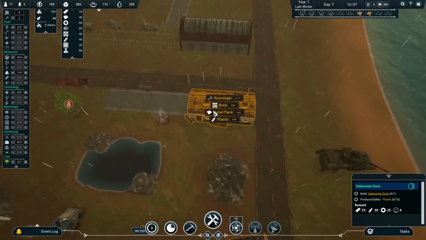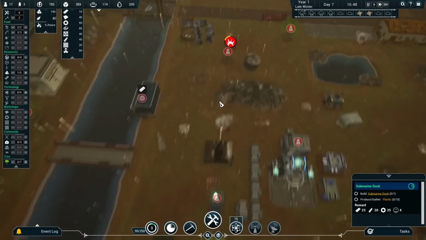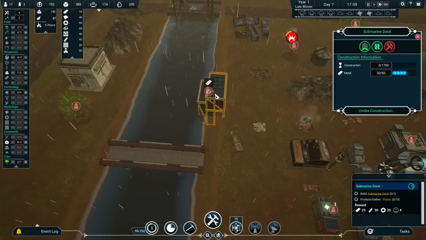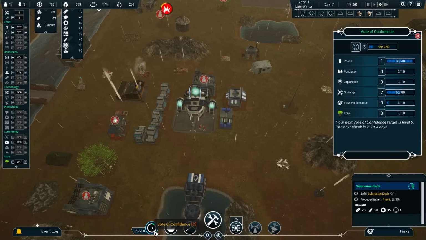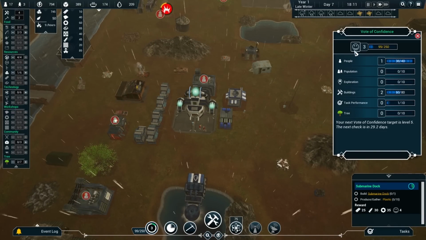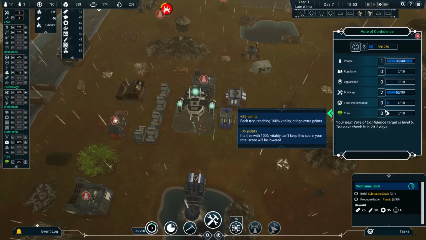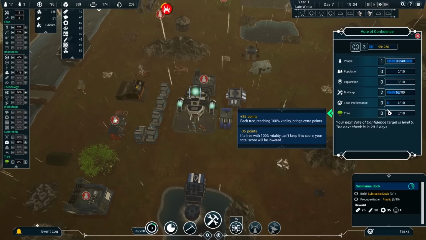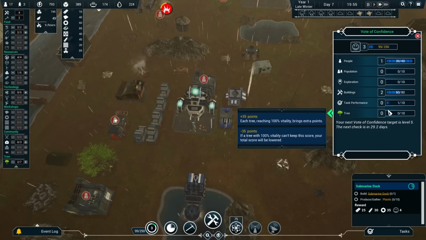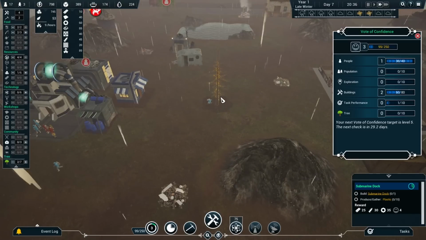I've got to say, we've gotten a lot of stuff built and can continuously extract things. We just want to get this submarine dock ready first. But looks like everybody's pretty happy, actually, at +3. Looks like there's 10 tasks to do as well. If a tree with 100% vitality can't keep this score, your total score will be lowered. Oh. Well,